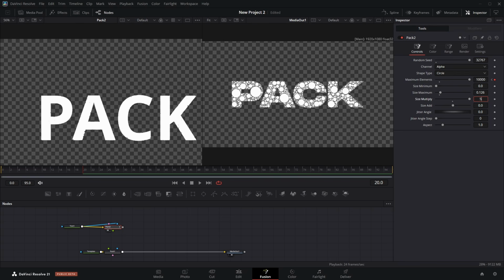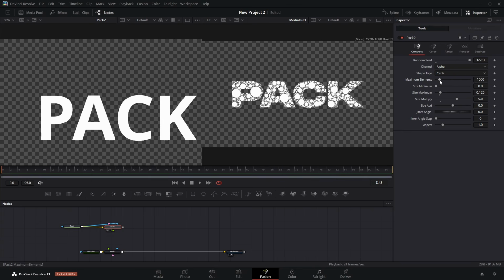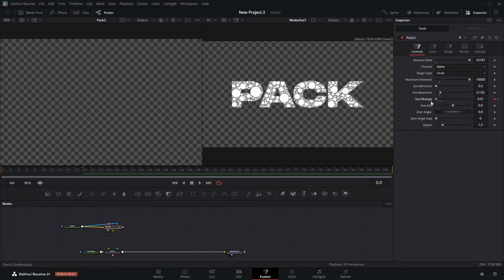So let's go with something like 5 right here in the size multiply, and we can actually reset our maximum elements and just make them again 10,000 like this, and we can actually go to something like again 20 frames and keyframe our size multiply to 5, and then go back to frame 0, keyframe it again and just bring it down to 0.01. I don't know if it can go to 0, so it would look something like this,